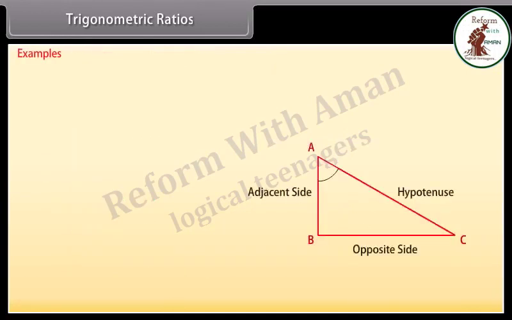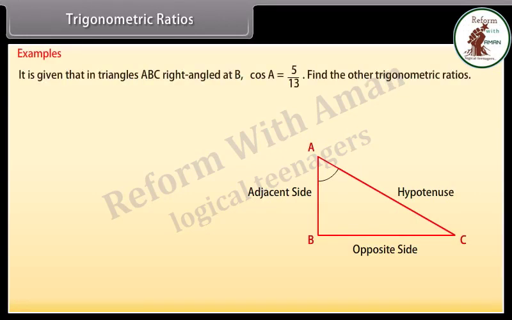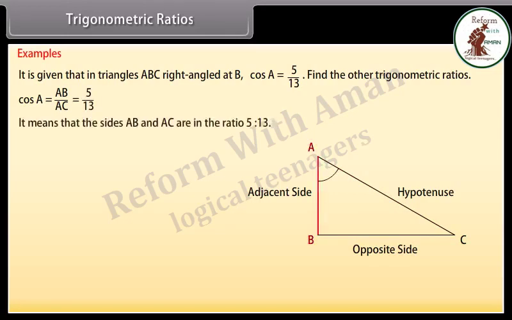Examples. Let us look at some examples to consolidate our understanding of trigonometric ratios. It is given that in triangle ABC, right-angled at B, cos A is equal to 5 upon 13. Find the other trigonometric ratios. Cos A is equal to AB upon AC, which is 5 upon 13. It means that the sides AB and AC are in the ratio 5:13. Therefore, we can say that AB is equal to 5a and AC is equal to 13a, where a is a